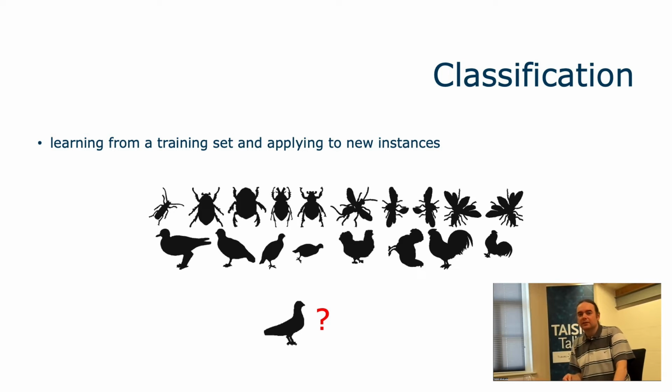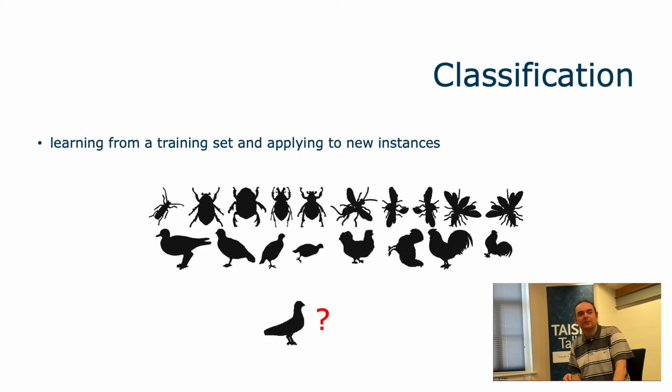The next bit of terminology that I have in the title of the talk is classification. This is again a fairly simple concept that is perhaps known to most of the audience. So I will just very, very quickly sum up what we mean by classification. Essentially, classification is the process of learning from a training set and applying this knowledge, what you've learned on the training set, to classifying new instances of data. I give here